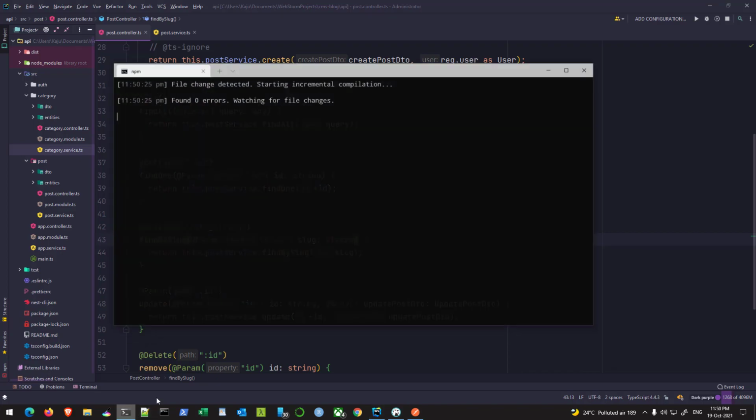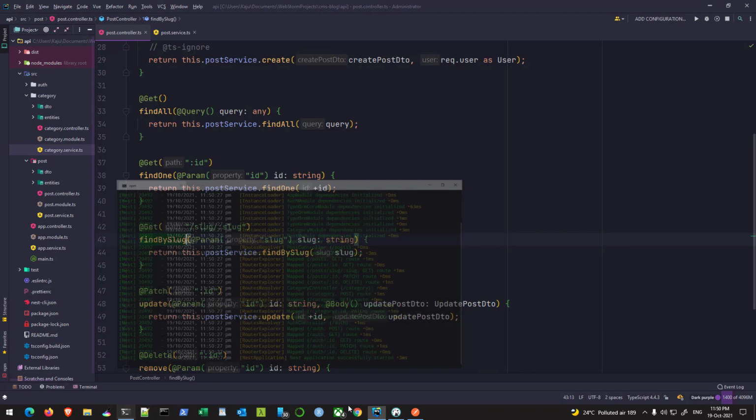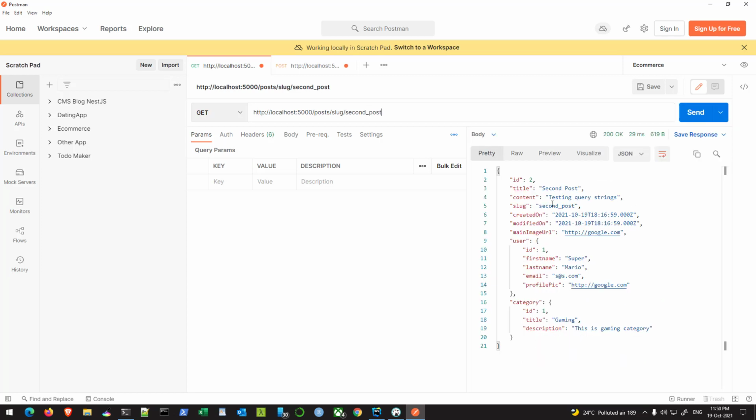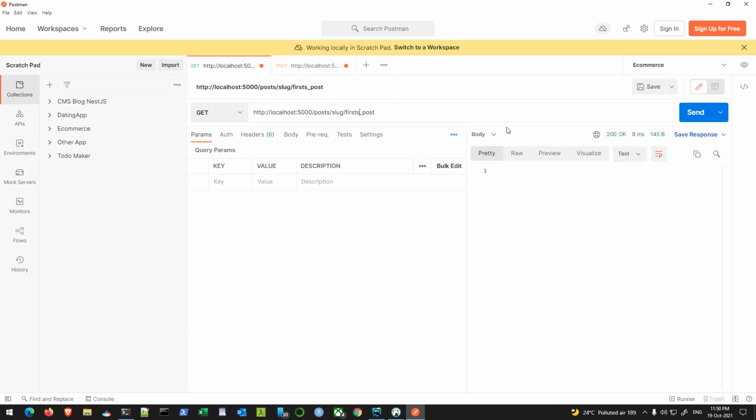Save the changes, see your terminal, no errors. Go back to your method here, posts slug, and let's say a second post. Okay, we are getting the post, and this is a single post. If I type first post, I'll get a first post, and if I say first post,